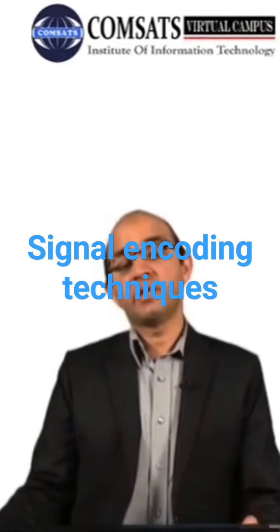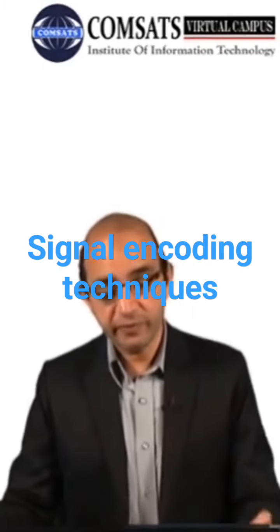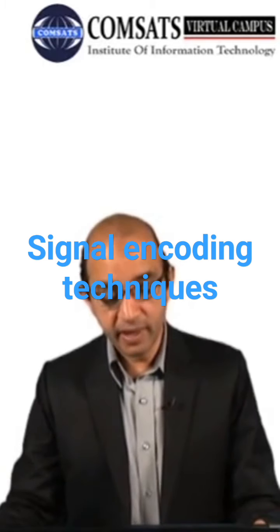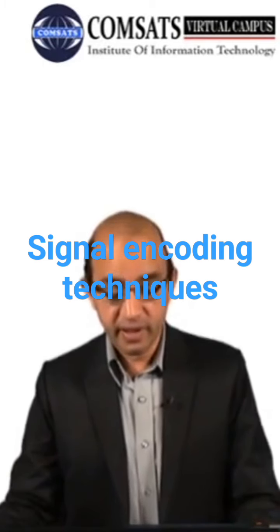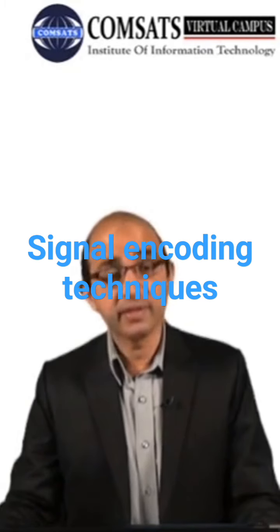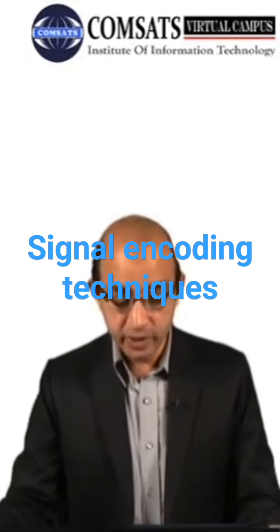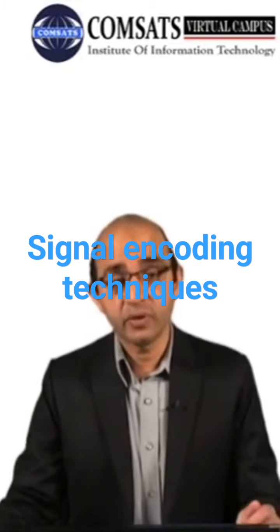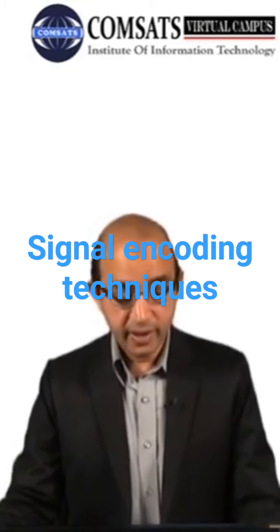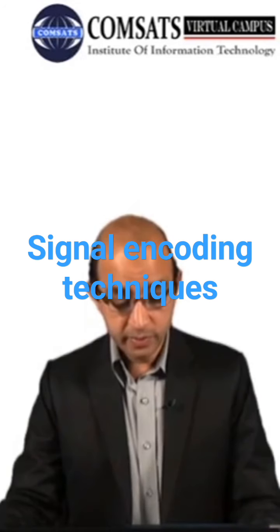Signal encoding techniques. That is very, very important when we talk about wireless communication. Analog and digital data: this is the data representation, and analog and digital signals, right? This is the signaling that can be used. Coding: we have different encoding schemes. NRZ, multi-level binary, biphase, all right?